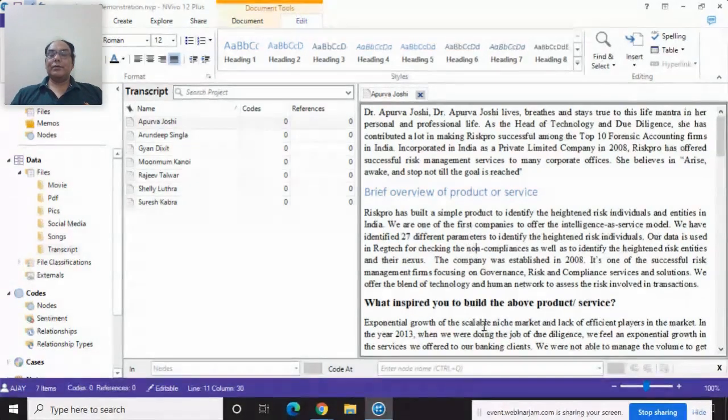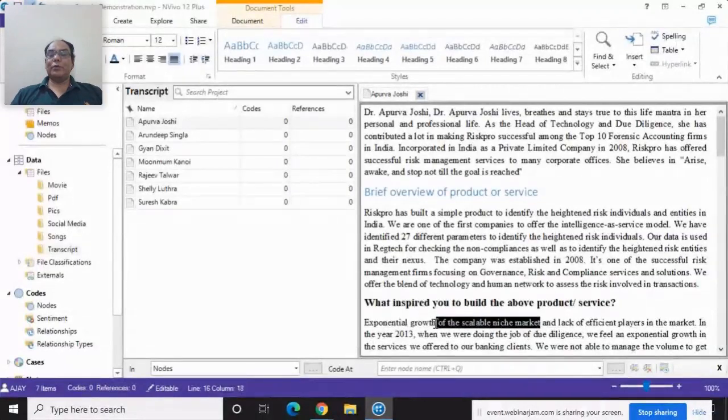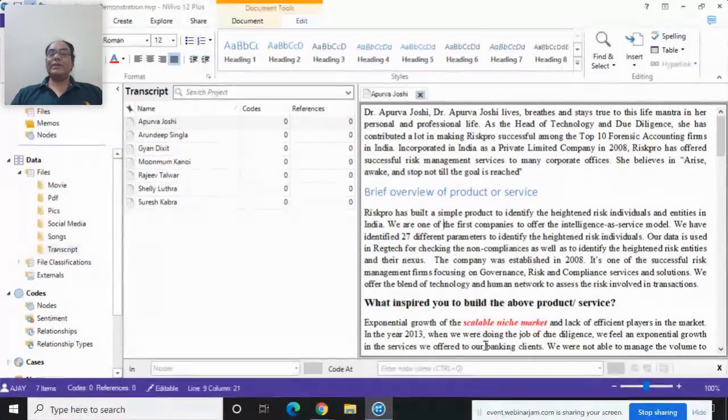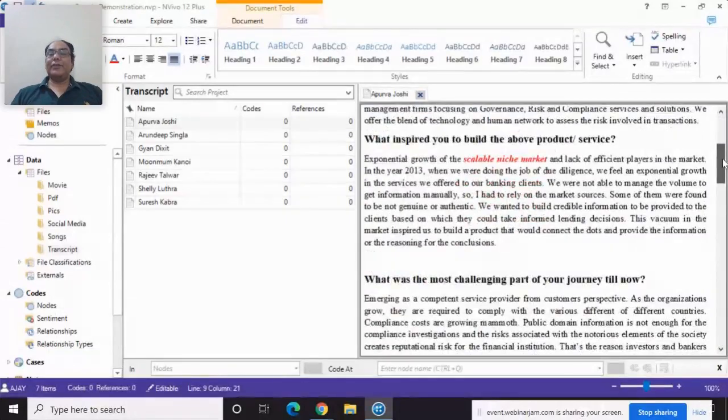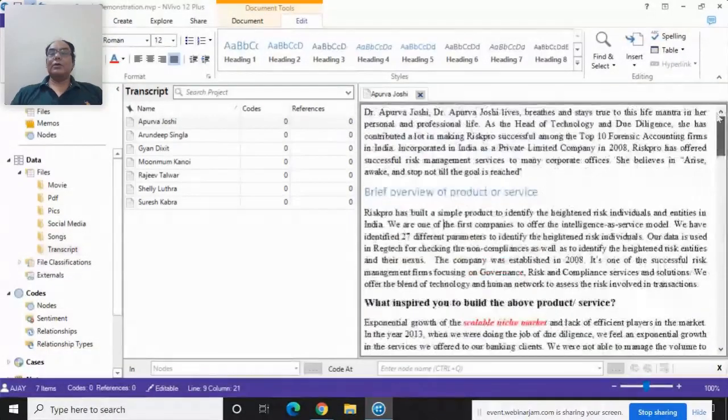Suppose you know that this keyword is an important keyword, so you can italicize it, bold it, or change its color. So you can see that we can make changes in the document here, and these changes we can use for our thematic purpose.